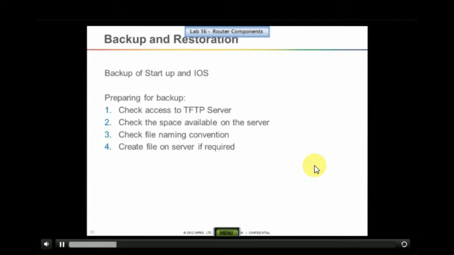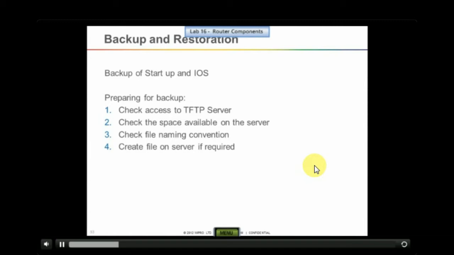Second, you need to check the space available on the server. Then the third step, you need to check any file naming convention that you need to use. Finally, if it is required, you can create a file on the server. Then you can directly go to the router and run the command for taking the backup. The same applies for restoration also.